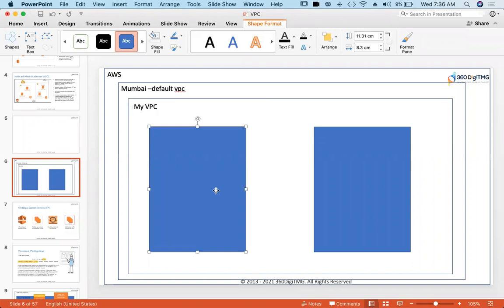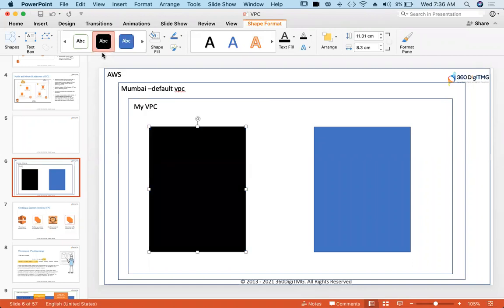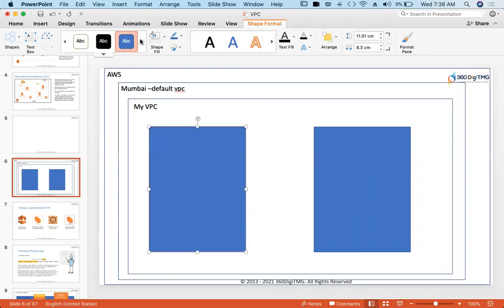Why? Because I'll keep EC2 instances. Let's call this an EC2 instance. I'll keep my EC2 instances where my application server is running here in this subnet.